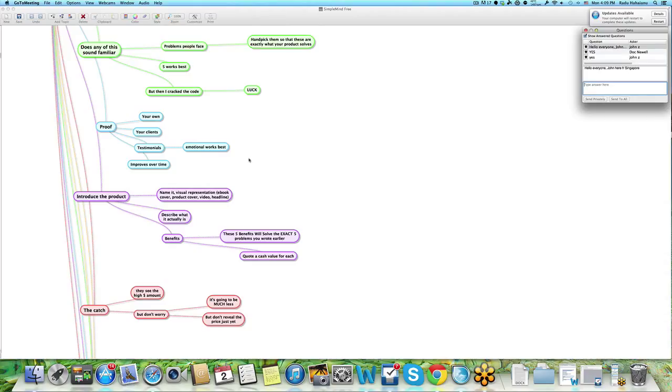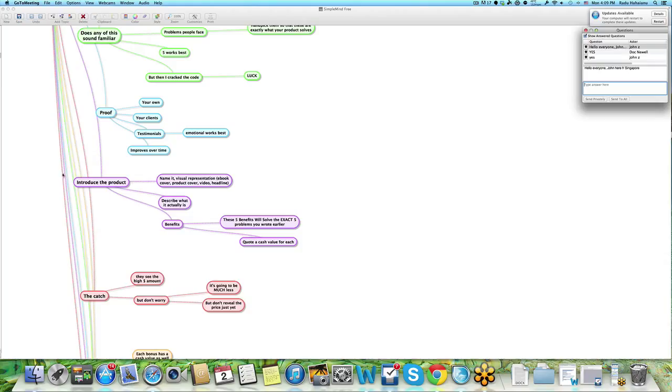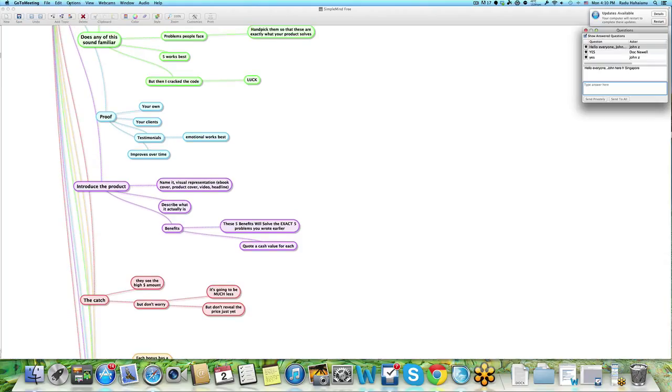And if you don't have your own proof, you can get a beta tester or something like that, or you can use it with some clients, or get some reviews in the Warrior forum and get some testimonials, right? Because proof is important. And just now you introduced the product, so basically everything up to this point was the setup, to get your reader excited about your product without even knowing what your product is.